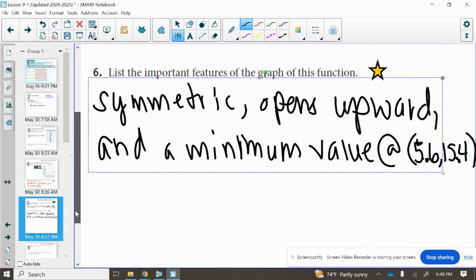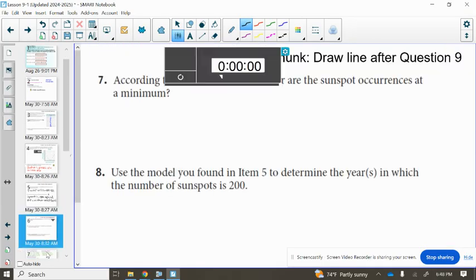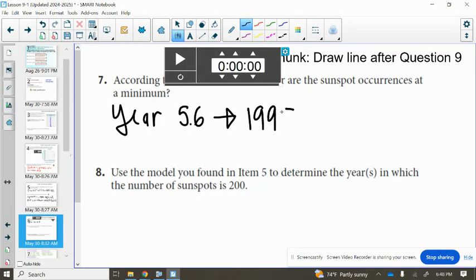Now, what this also tells us for part 7 is when are they going to be at the minimum? Well, that's going to be year 5.6, aka about 1995 or 1996, depending on how we're looking at it, because that's 5.6 years after the start